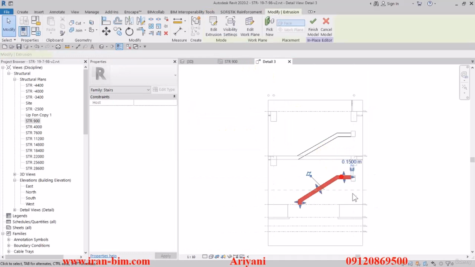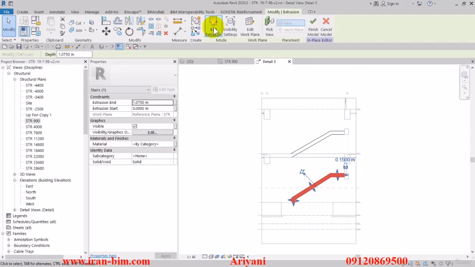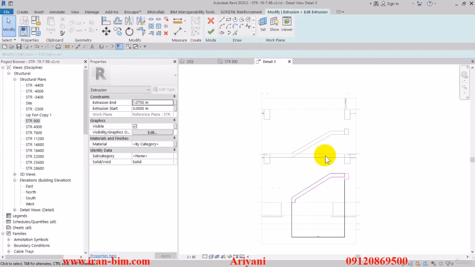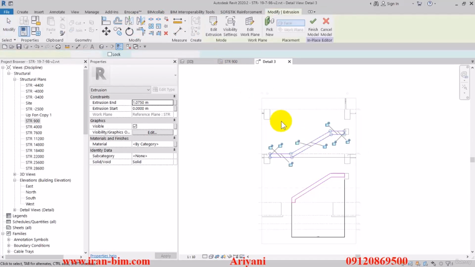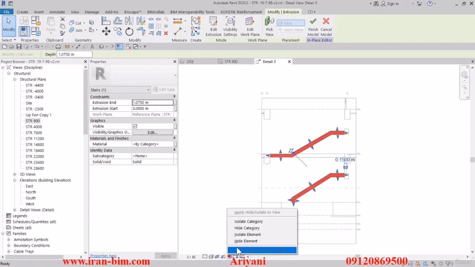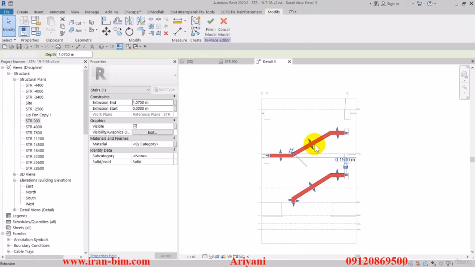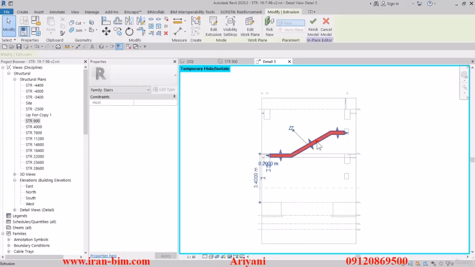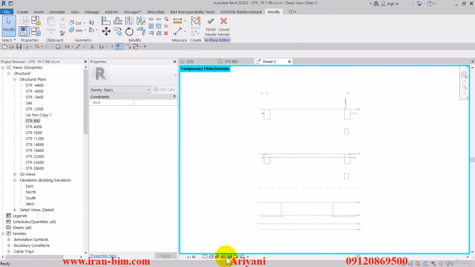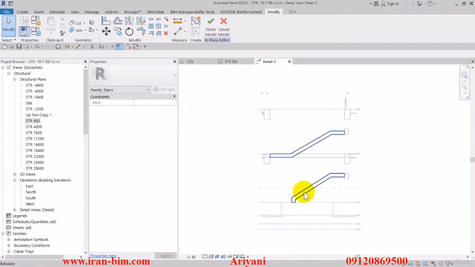Then I'll select this and then click on edit. It's better to draw these all in one sketch, but I haven't done that. So let me just go here and draw this part like this, and I'll explain afterwards why. And then I'll hide these two and then delete this higher one and then reset. Try to put these in one sketch so the